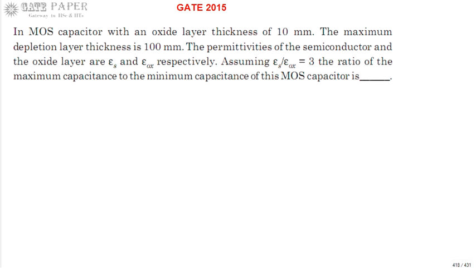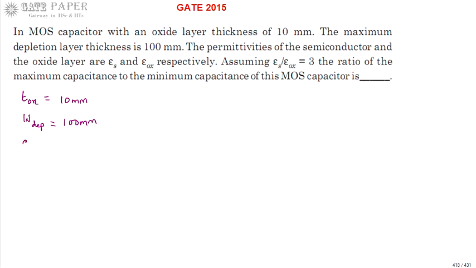Hello, we are discussing the GATE 2015 ECE paper. This question is related to a MOS capacitor. The oxide layer thickness TOX is given as 10 millimeter, and the maximum depletion layer width W depletion is 100 millimeter. It is also given that the ratio of permittivity of the semiconductor and the oxide layer,